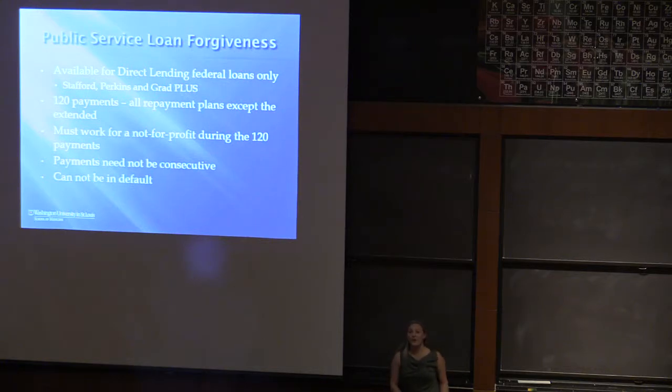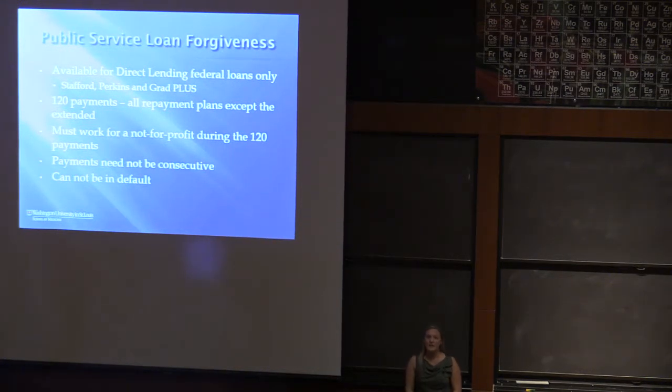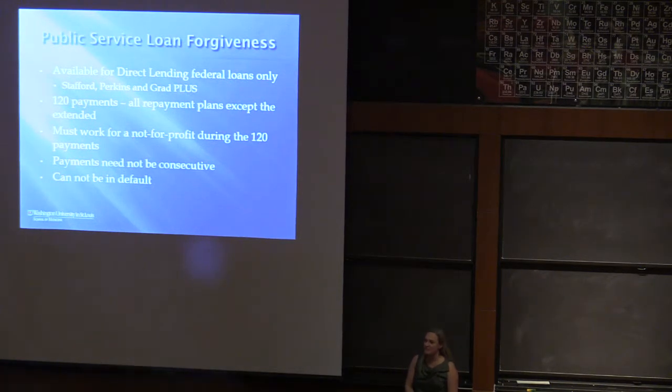Okay, so the government came up with this in 2017, so this is the first year that any borrower will actually have any forgiveness recognized. And I think they're estimating that about 139 or so borrowers will actually see something. So this happened, I can't remember exactly when, 2010 maybe, and they went back and said, borrowers back with starting repayment back to 2007,